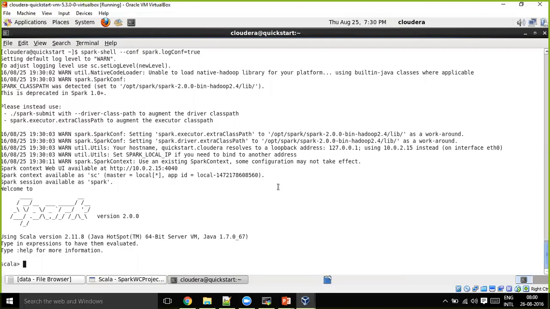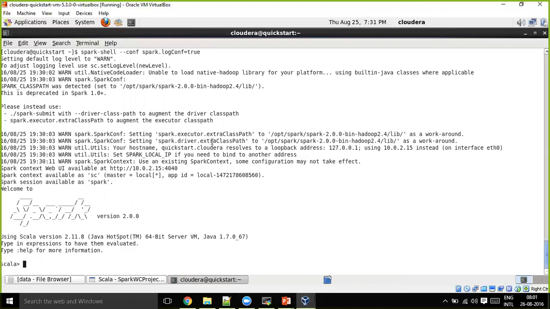When you are running it in real time on your edge node, whenever you log in to your Spark shell, sometimes you don't know what parameters your administrator has set up for you. If you want to check them, there are various ways. One of them is from within your shell itself, you can check your properties.